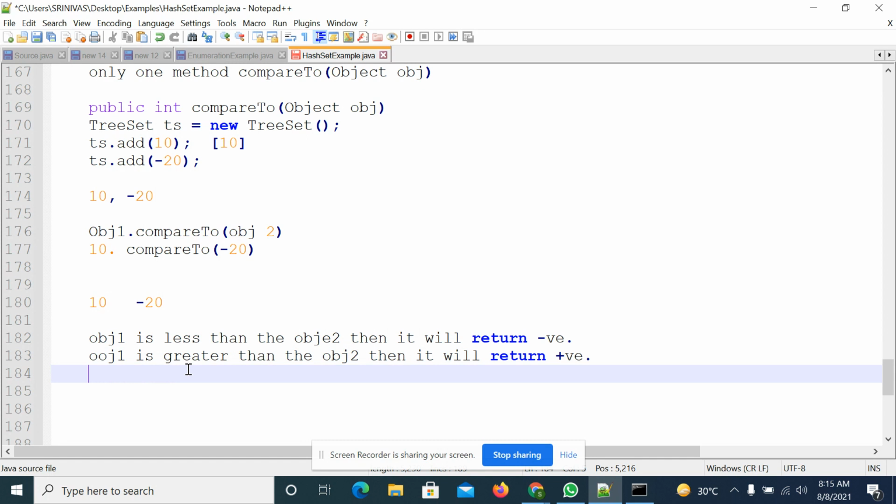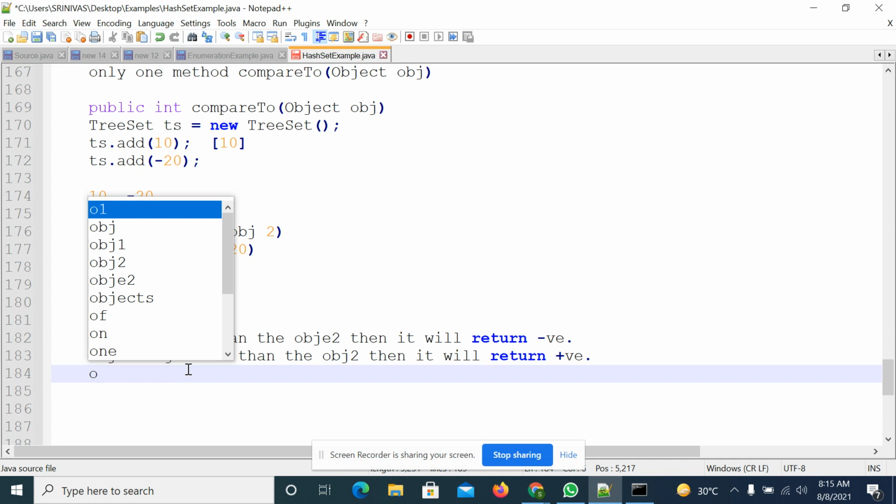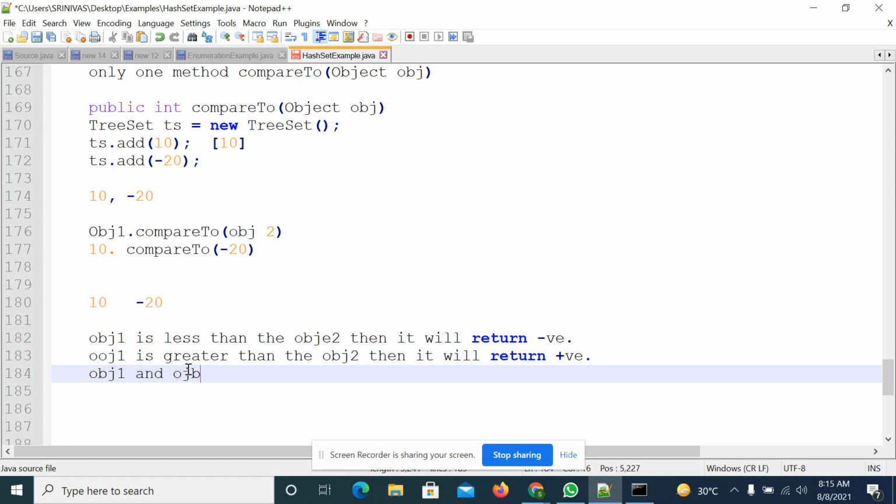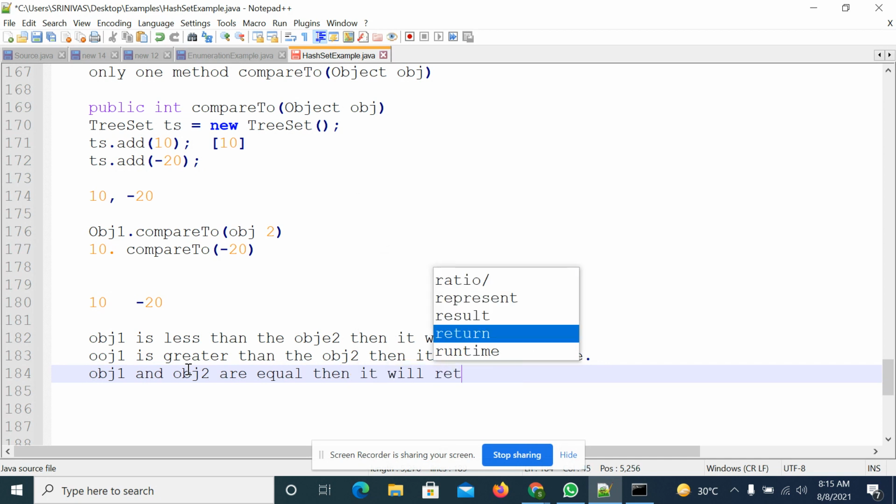Suppose both objects are the same, equal, then it will return 0.